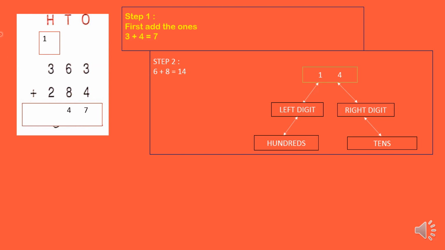Okay, next what is the third step? What is the third step, children? Next we add the hundreds. At last we have to add the hundreds column. So here 3 digits are there. First we should add these 2 digits. 3 in your mind, 1 is in your hand. 3 after 4. Okay, 4 in your mind, 2 is in your hand. 4 after 5, 6. So 1 plus 3 plus 2 is equal to 6. So we are writing 6 here.